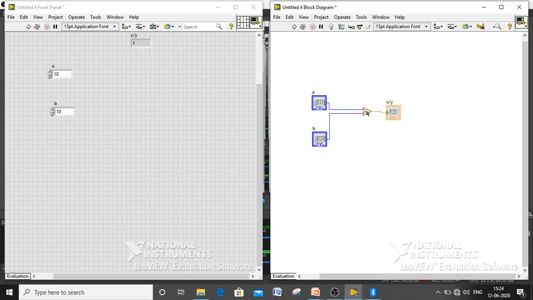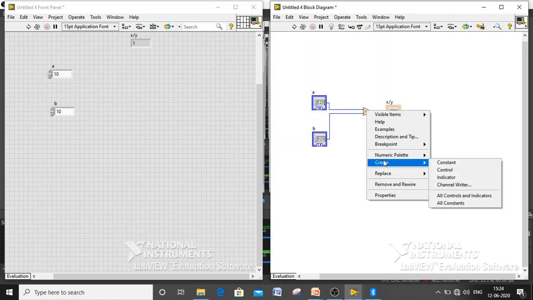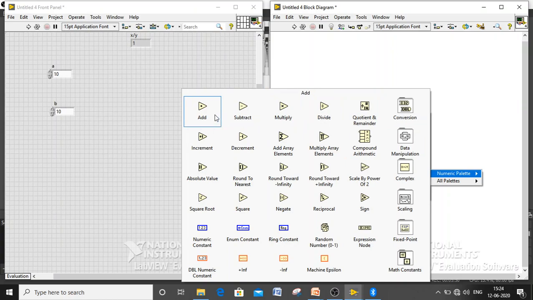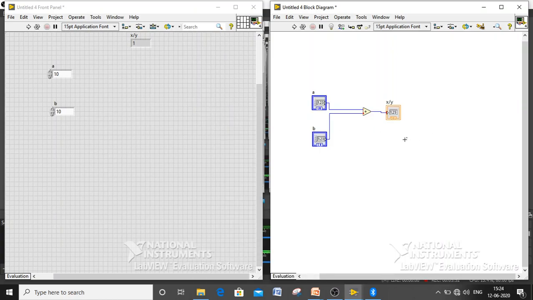Now I'm replacing the division with the numeric operator Add. Here also a coercion dot is present, but in the previous case we got two coercion dots on the wires, and now we have only one. Since the operator has changed, it now compares U8 and I8.